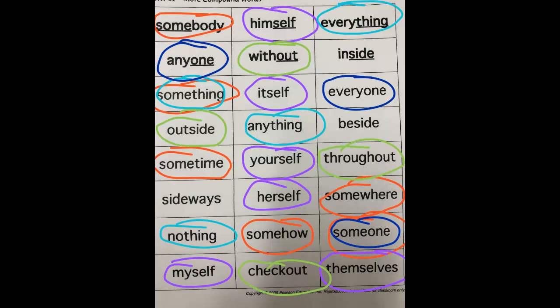And last pattern, let's go with a pink. We have side, inside, beside, sideways. So you have 1, 2, 3 sides. Okay, so you have like some doubles going on there that follow a few different patterns.